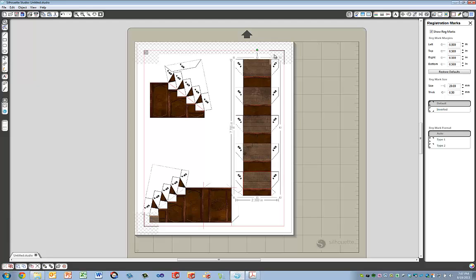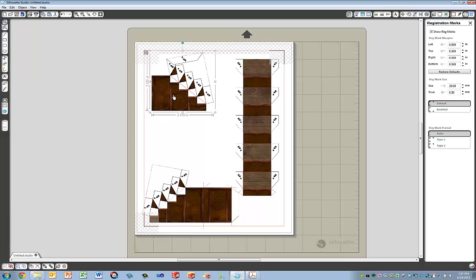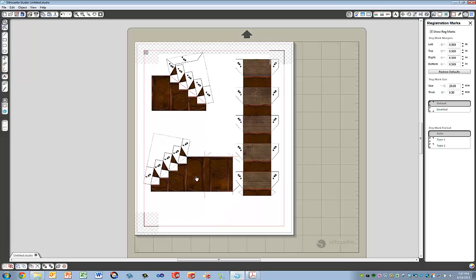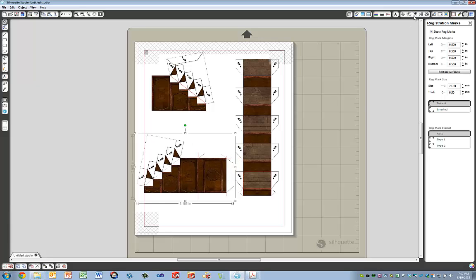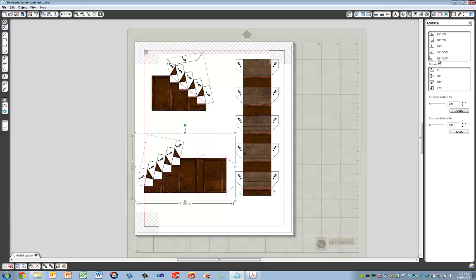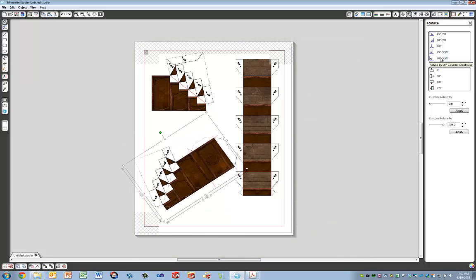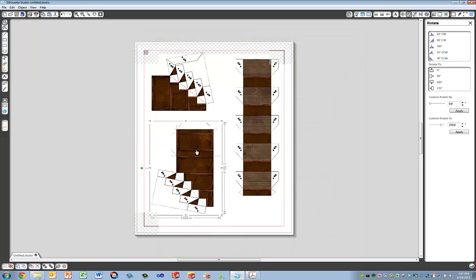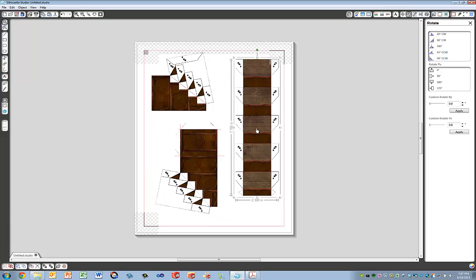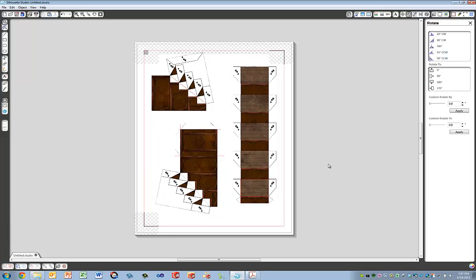They say not to create anything inside of these blacked out areas. I haven't had any problems with it. Drag this guy up here. And then this one, you can see it's a little bit tight right there. So what we're going to go ahead and do is select that object and use the rotate tool. And I'm going to use precise numbers here. I'm going to say 90 degrees, and I'm going to drag that over. Drag that down, and you can see here that we have all the objects to create our 1.5 inch staircase